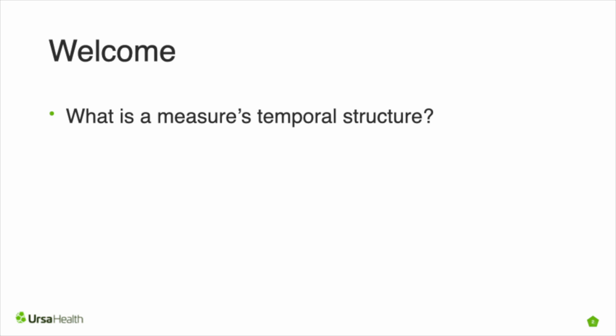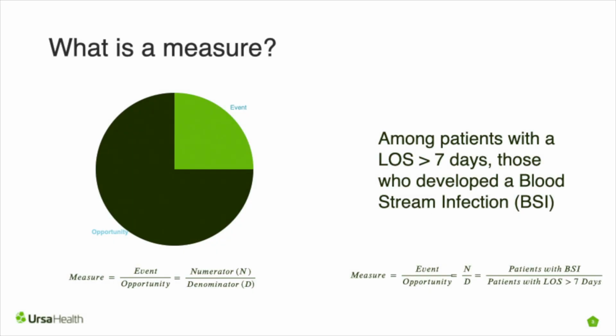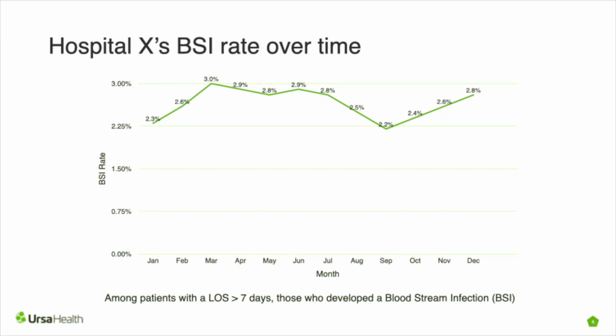So let's recall our bloodstream infection measure. It's really helpful to know the rate of bloodstream infections within a hospital, but it's much more useful to be provided that information at regular intervals across time. When we see the measure presented in this manner, we can start to get a sense of a narrative about this hospital's bloodstream infection rate. It rose in the winter, was stable in the spring, fell in the summer, and began rising again in the